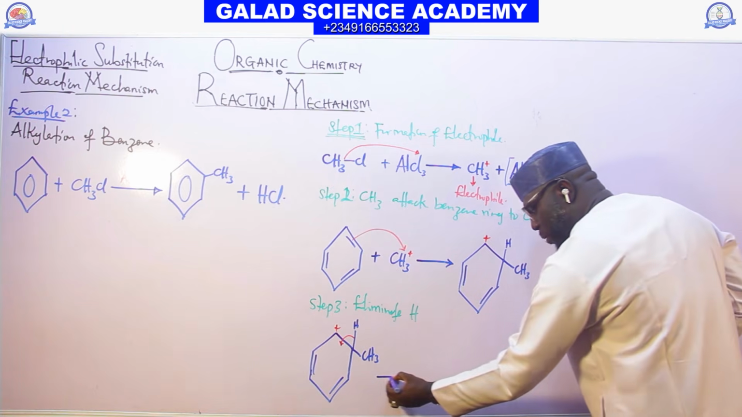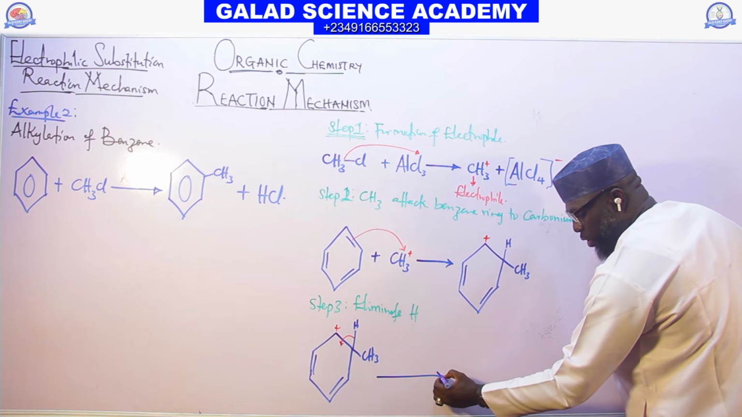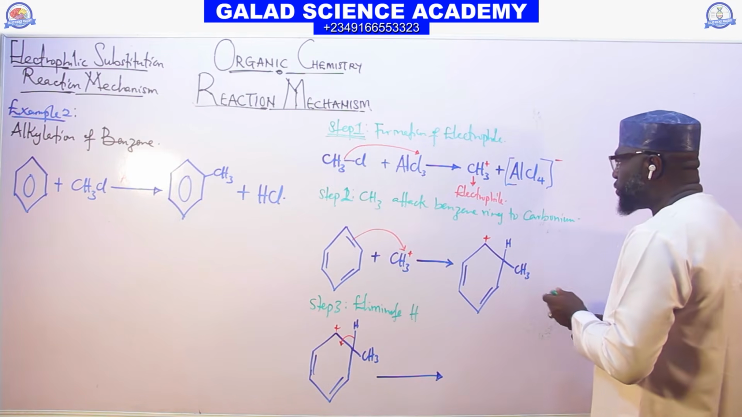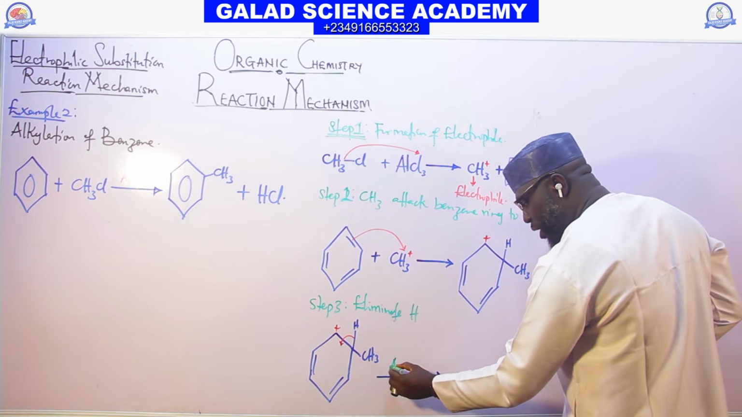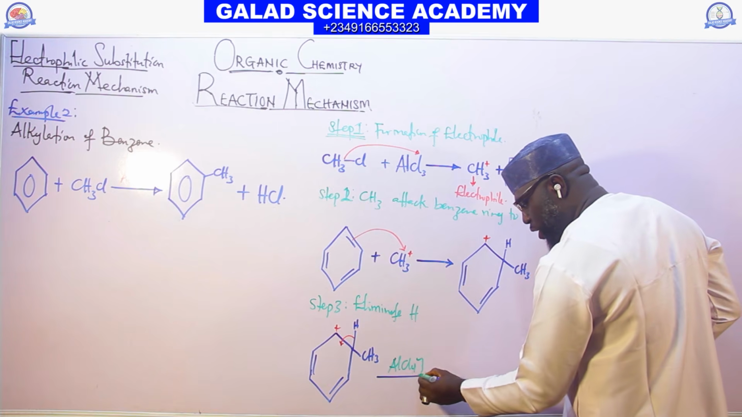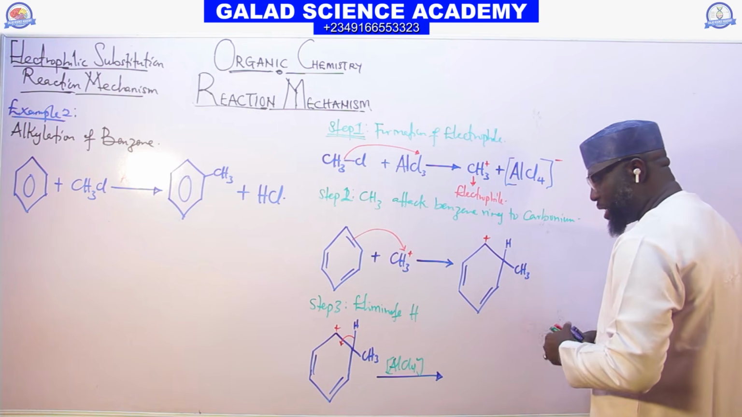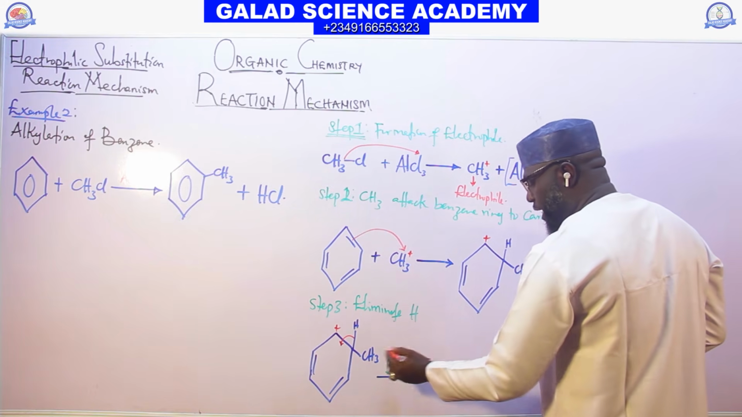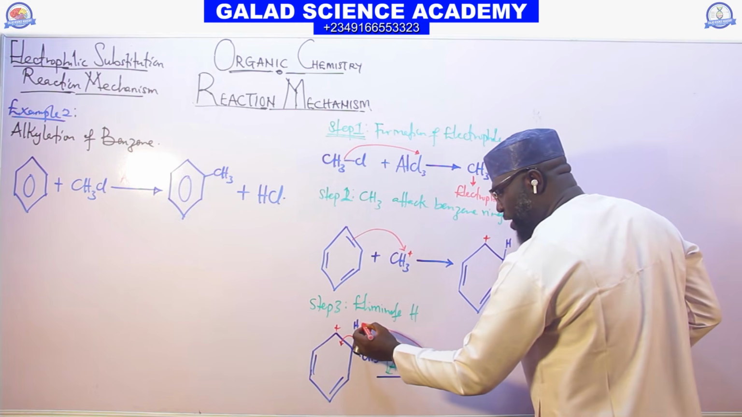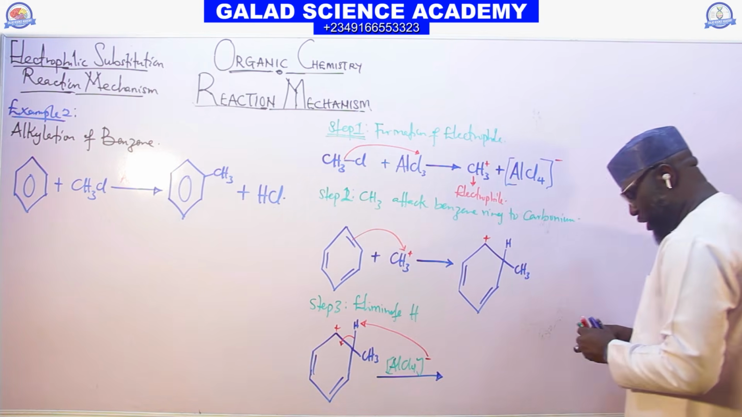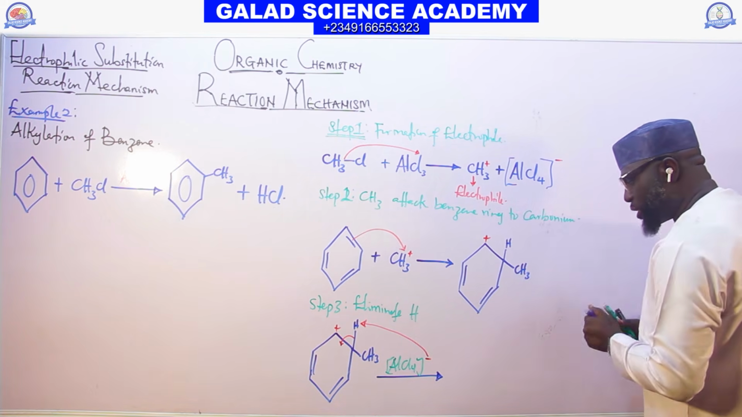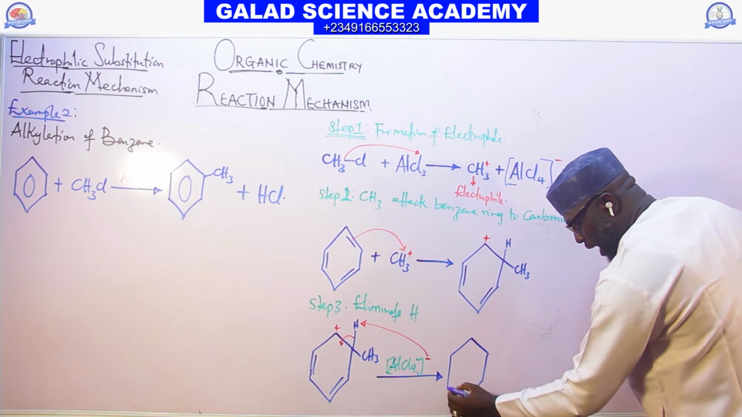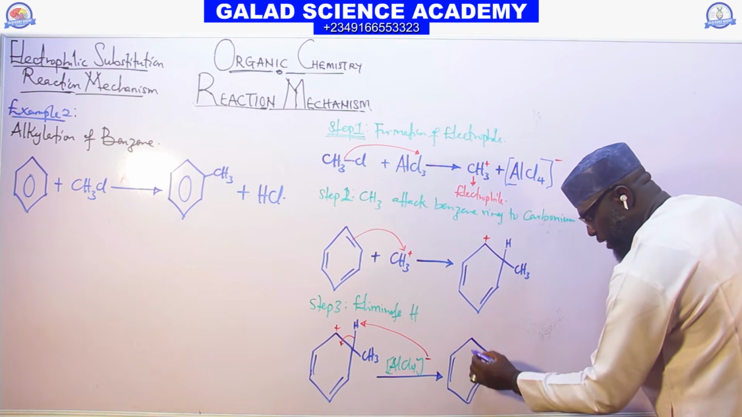And don't forget our catalyst from the beginning of the reaction. Where is it? This is it, AlCl4 in brackets with a minus. When the bond goes to this side, the catalyst will try to attract itself to this hydrogen. By doing that, the carbonium ion on the benzene loses the positive charge